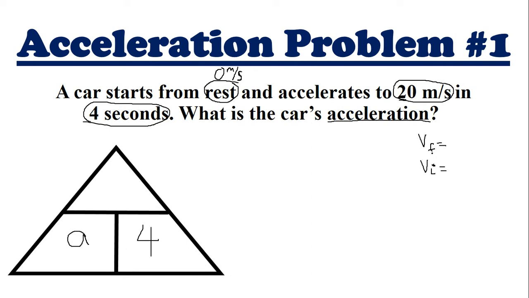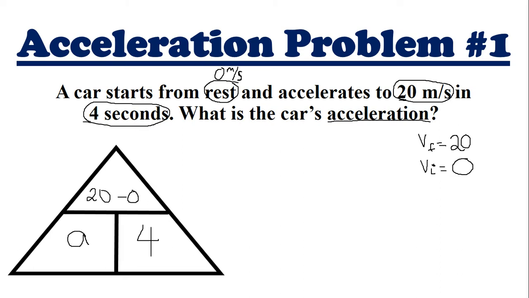Now, we need to identify Vf and Vi. Vf is the final velocity, Vi is the start velocity. It says a car starts from rest. So this car starts at 0 and accelerates to 20 meters per second. It means the final velocity is 20 meters per second. So in the formula, we do Vf, 20